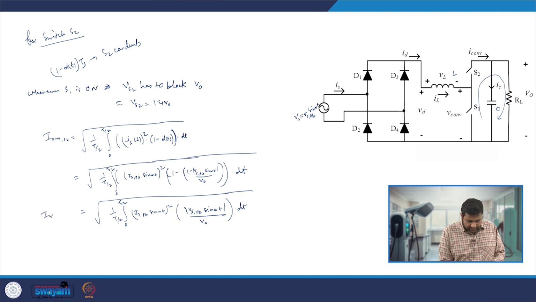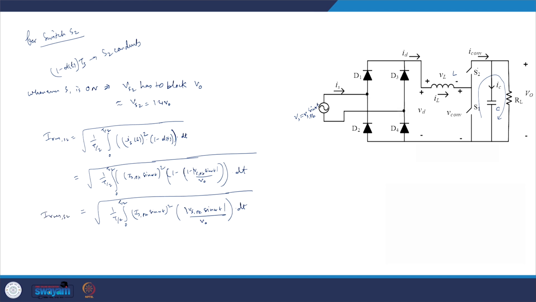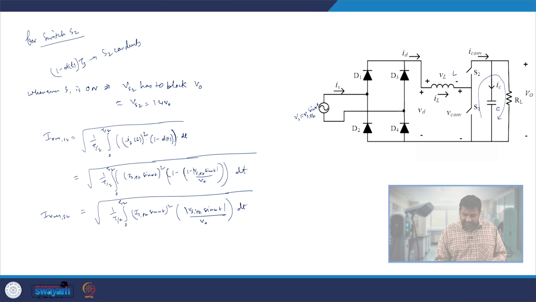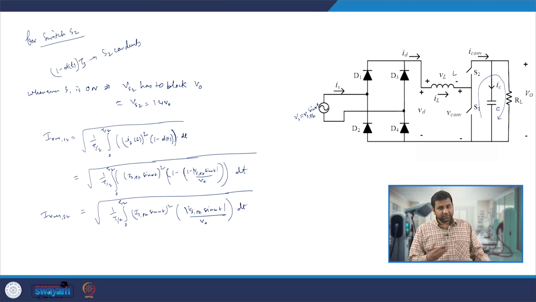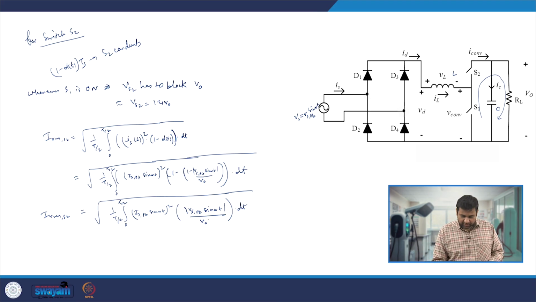So, then you can calculate this IRMS which will be flowing through this switch S2, and this you can easily put in some advanced mathematical tools and find out the value of this integration. This Vs peak you already know, because once the specification is given, you know what is the peak voltage your input can go. Generally the RMS of the input voltage has been given, so from there you can calculate Vs peak, and once the converter specification is given, the output voltage will already be defined. So, these two things are known.